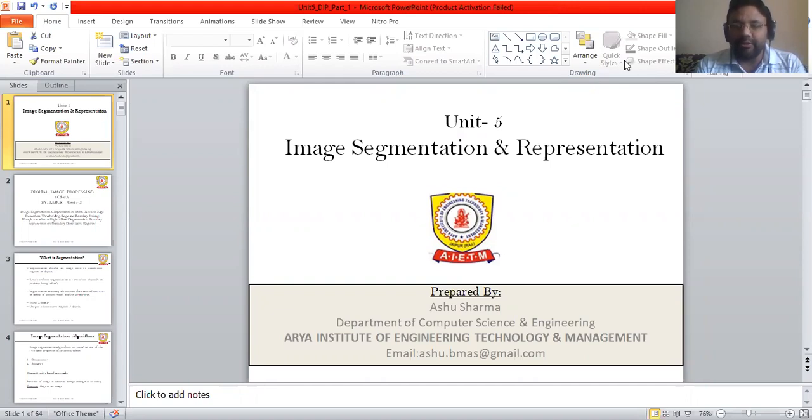Management. Today, we will study unit number 5, image segmentation and representation. So, our topic is image segmentation and the briefing about how to proceed segmentation on an input image. So, let's start with